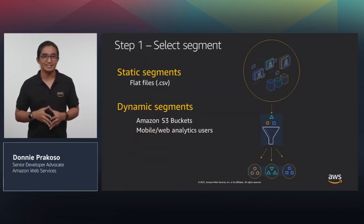Step number one is sending communications to the right person. There are a few different options to capturing the right audience for communication within Amazon Pinpoint. There are static segments and dynamic segments. Static segments is a static list of contacts who are selected on a per contact basis rather than created through